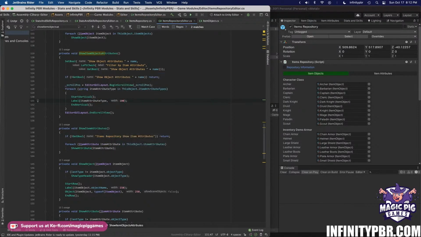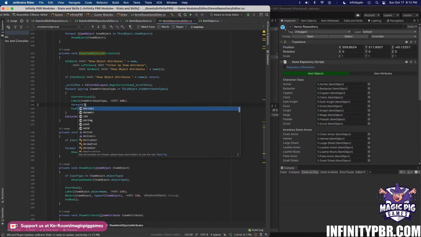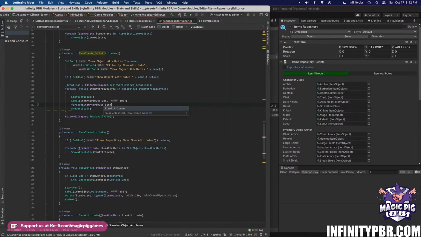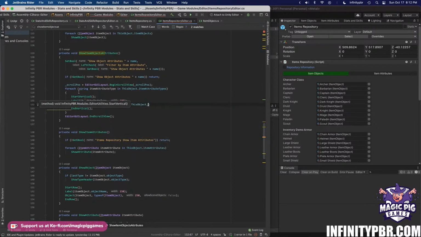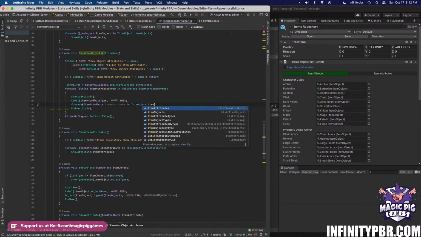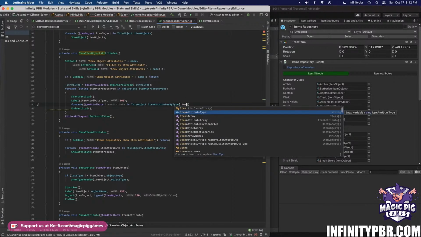It might be too narrow, but we'll see. And then for each of those, underneath, for each item attribute in this object dot item attributes by type, item attribute type,